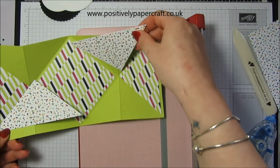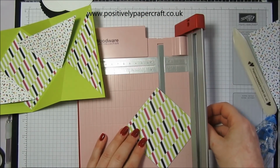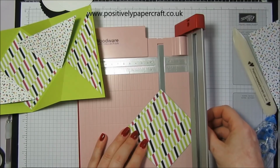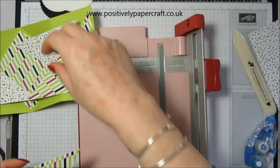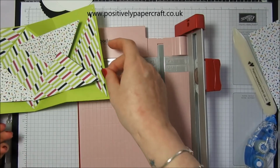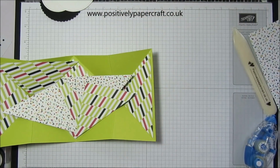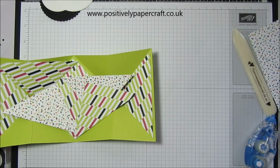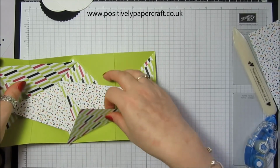And I might have to have these different actually, because I don't think I've cut the right colours, but it doesn't matter. You can have them any way you want diagonally, and that will create your other 2 pieces for there, okay. So, and then what else you'll need to do is you could cut them again if you wanted to put them on separately,